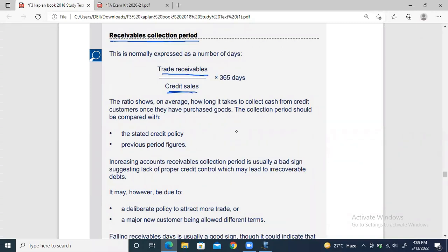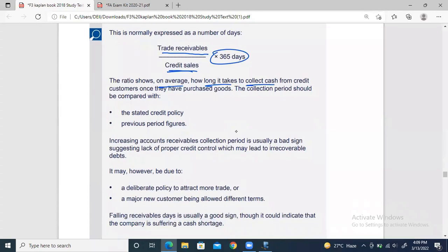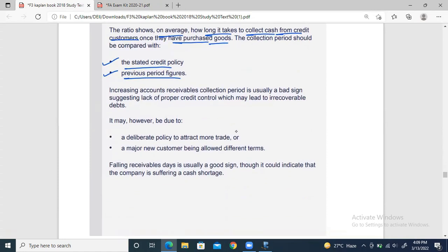So you can see in every efficiency formula, we are using two related amounts. Above, we took inventory and cost of sales, because inventory is related to cost of sales. In this one, we took trade receivables divided by credit sales, because receivables arise from credit sales, right? So receivables divided by credit sales multiplied by 365. The ratio shows on average how long it takes to collect cash from credit customers once they have purchased goods. This will depend on stated credit policy and previous period figures. Now, an increasing receivables collection period is usually a bad sign, suggesting lack of proper credit control,